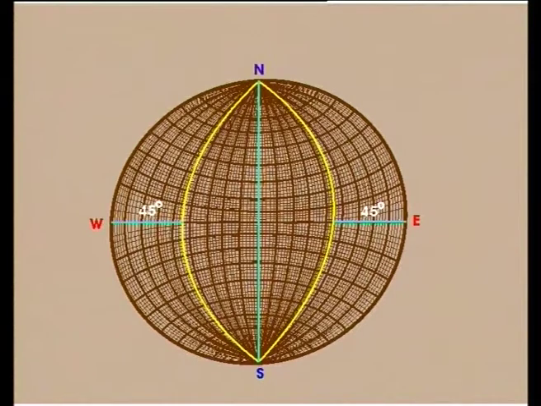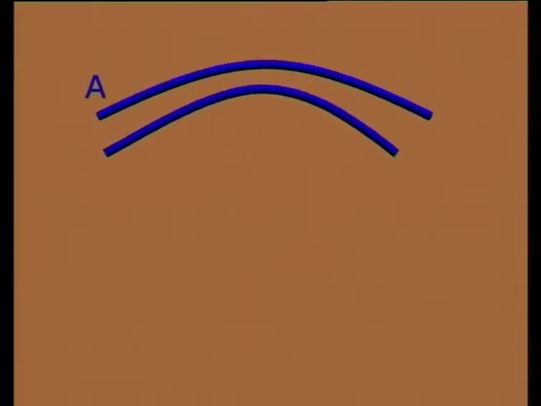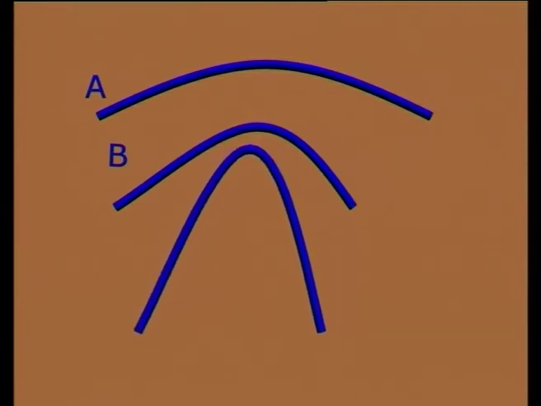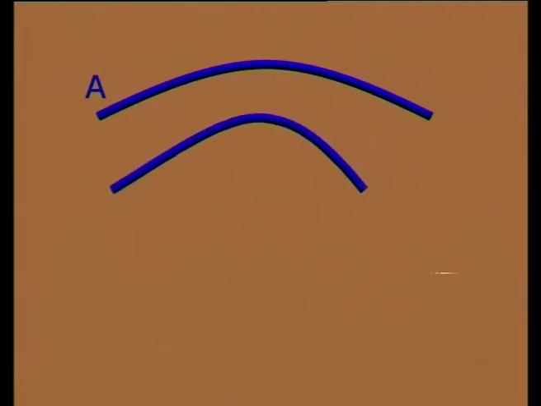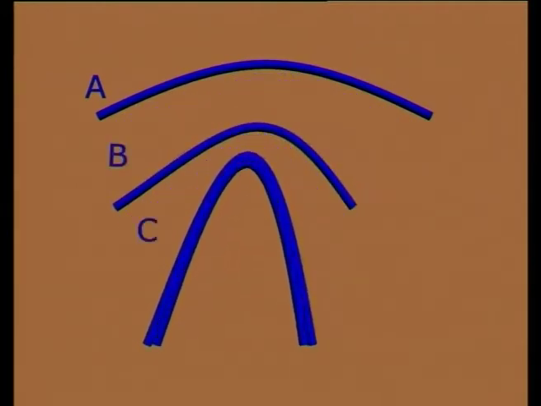For finding out the interlimb angle of a fold, when we have the orientation of the two limbs, we similarly first draw the stereographic projection of the two limbs. As we have already discussed during the geometrical description of folds, the interlimb angle is defined as the angle between the lines of intersection of the two limbs on the profile plane. So, the profile plane, which is perpendicular to the hinge line, can easily be drawn on the stereographic projection.